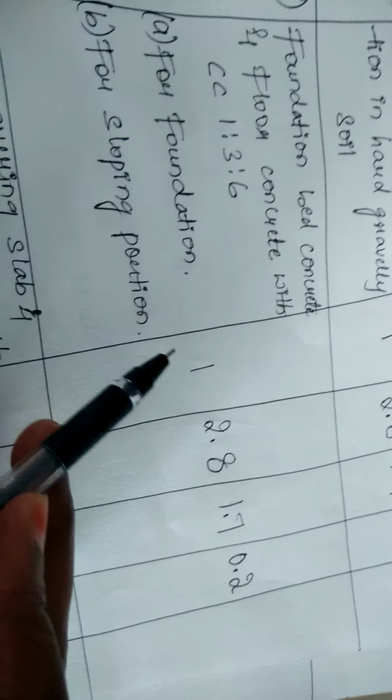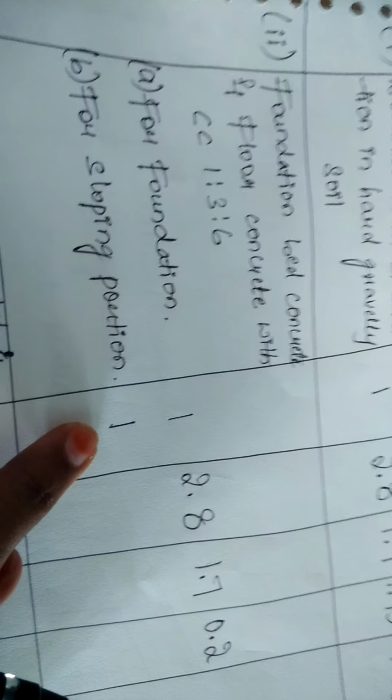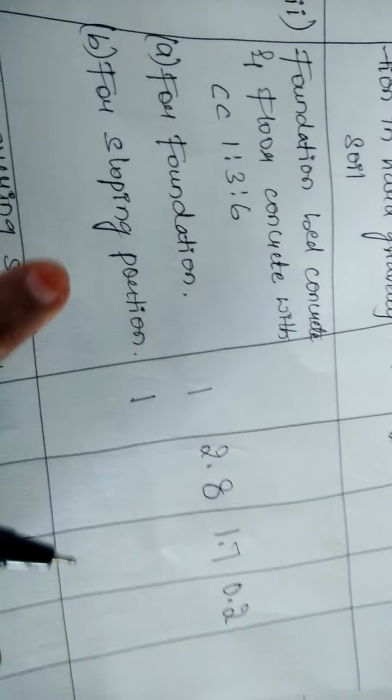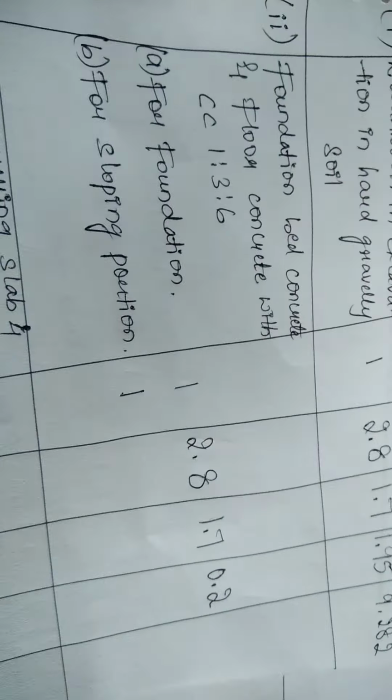So the sloping portion looks like a triangle here. Again, there is only one slope here. For that reason, let us write the number as 1. So the first column will be written as number 1. So there is only one sloping portion here. For that reason, I am writing 1 here.